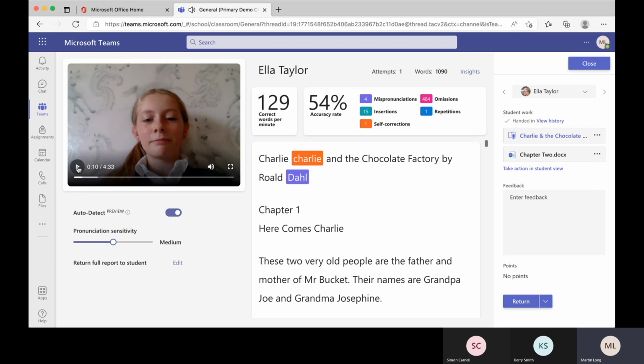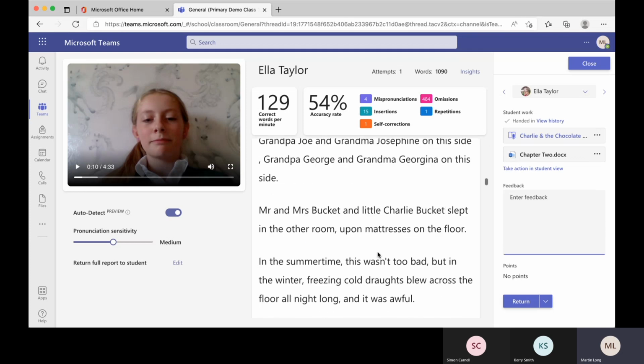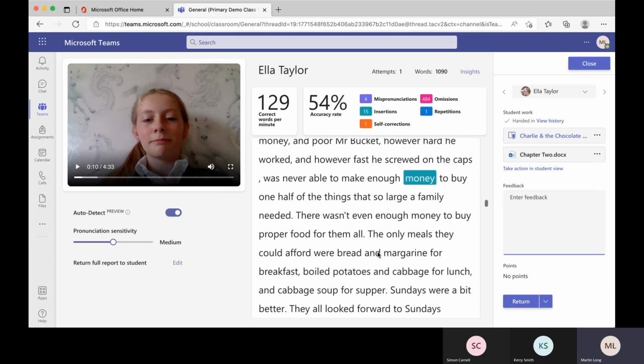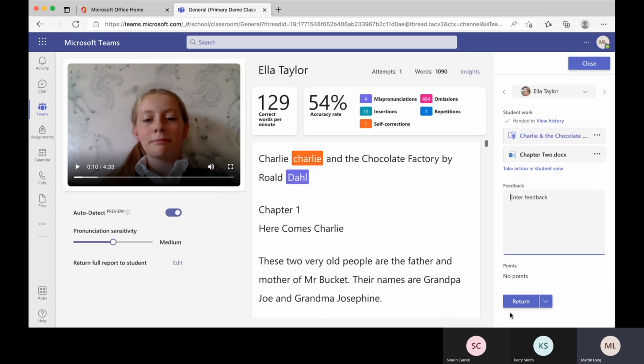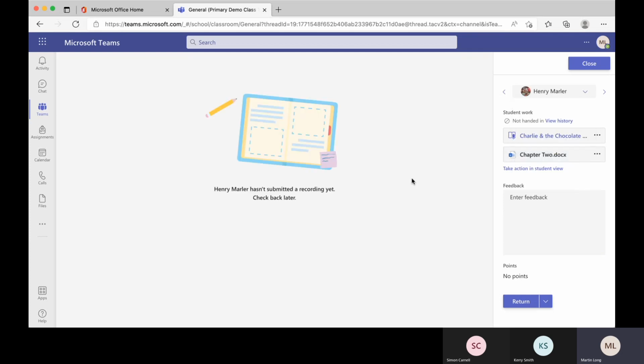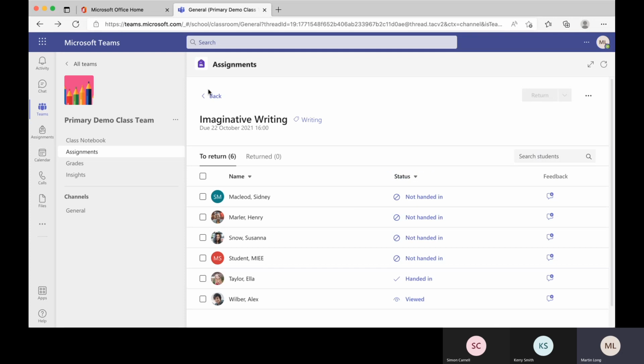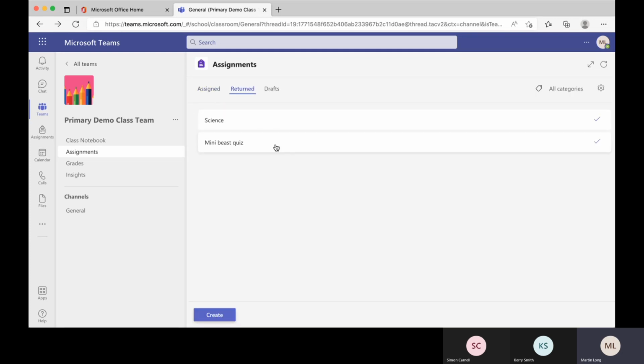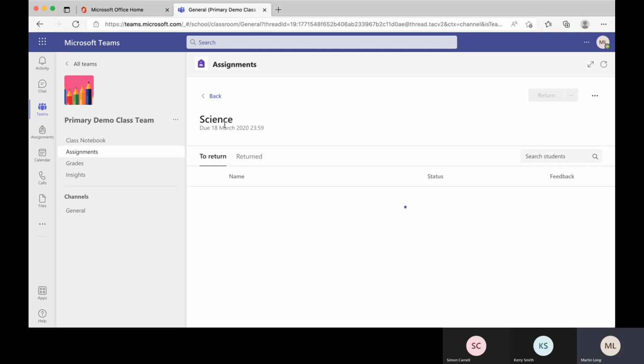Obviously, I know that pupil better than anybody else, and it's good for me to hear how they've read. Once Ella's done all of that and I've listened to her feedback and I've looked at all the automatic marking, because it has saved me going through and doing that marking, I can give some feedback there and I can return that back. And if I want to move between pupils, let's say Henry had handed his in, Henry hasn't handed his in, which is why I've got a blank window there, I can move and give feedback in return, and to the point where I've got all of my work returned,